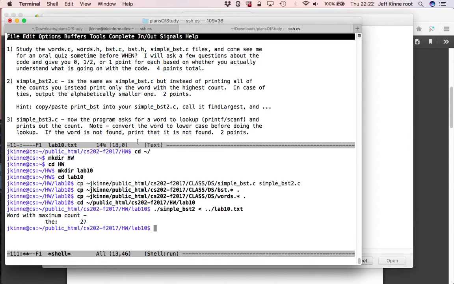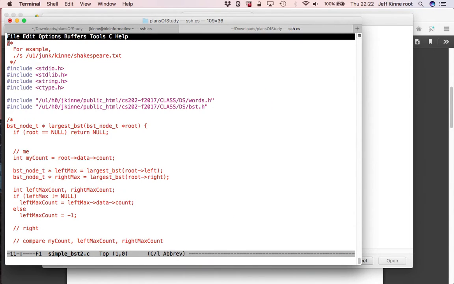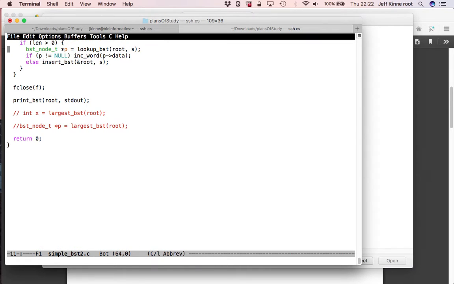Okay, so the advice there was to take simple, which is what I've done here. Take simple, and instead of printing the whole binary search tree, that's what's here, we want to find the largest in the binary search tree, which requires looking at the whole binary search tree. So you need to go to your list of how do you look at the entire binary search tree. That's something that should be on your list of what's the basic idea of how to do that. And the basic idea of how to do that is,